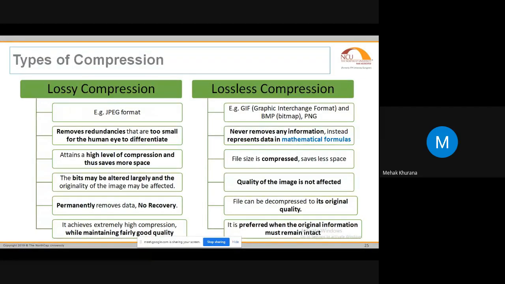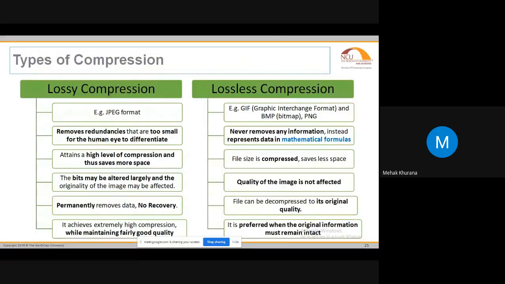So, as sir mentioned, it is a difficult challenge to keep the size small, because whenever I am transferring an image, like sending it to somebody else, I cannot send it if the size of the image is very large. I have to keep the size in such a manner that it can be transferred through the internet, or through a mail. Whenever I am attaching a file in a mail, you might have seen that there is a limit of 25 MB. So it sets a limit, and if the size is more than that, it attaches the file in the drive.